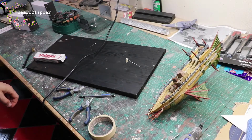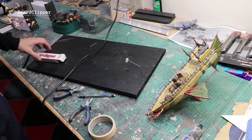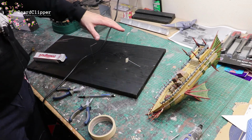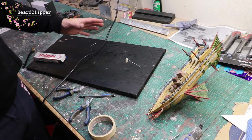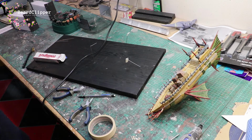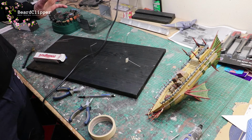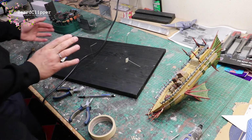So that's actually worked pretty well. I'm quite surprised. But I can balance the ship on these three and it works all right. I'm not going to do it on camera now because it'll probably all collapse and go wrong, but I can. So what I'm now going to try and do, and this is where this is now going to take days because I'm going to have to do this in stages, which I'm really bad at, I've got to be patient,